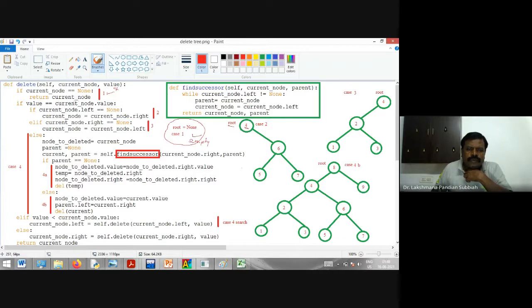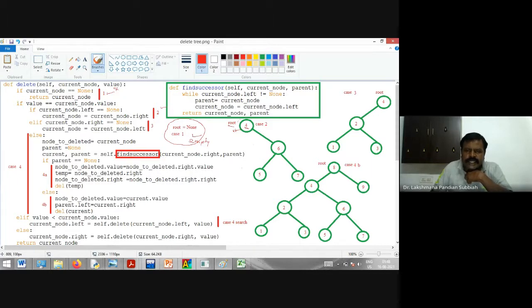Now what will it do? We check the second case, whether the current node's left is none. Here the current node's left is nothing, so this condition is satisfied as the second case.